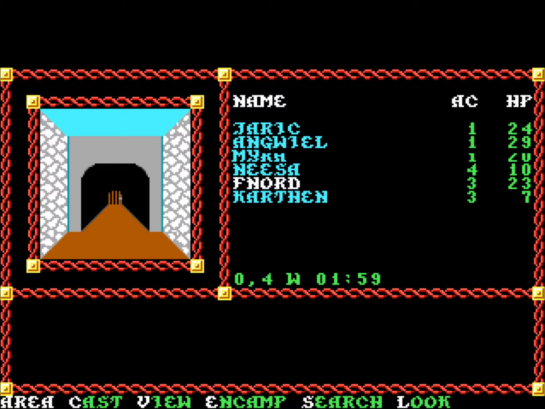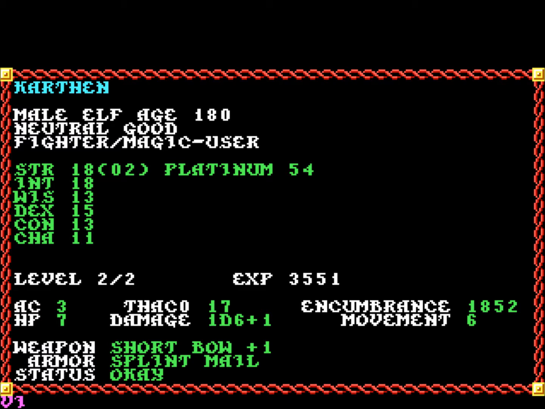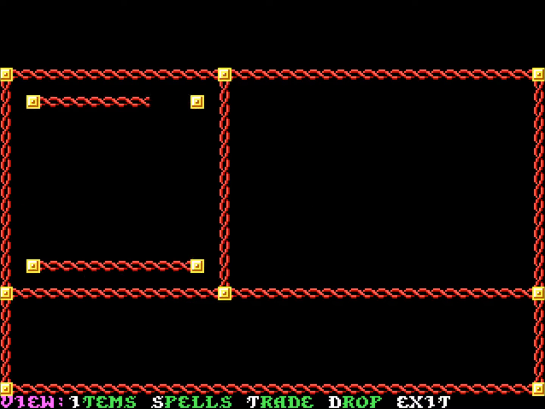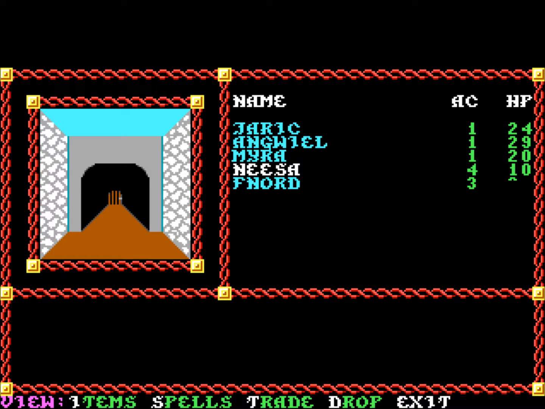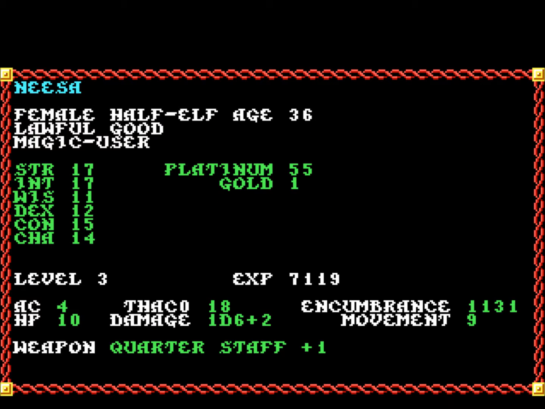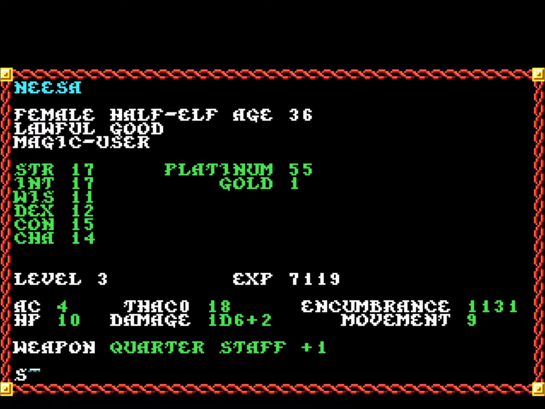We still have Carthan down here with 500 away. I don't think I have enough platinum. Well, I might actually. If you have 54, you have 55. Yeah, I probably have enough platinum to get one person leveled up. But who would I level up? I think I would probably level up Nisa so I can get Knock Spell. Let me go ahead and open up